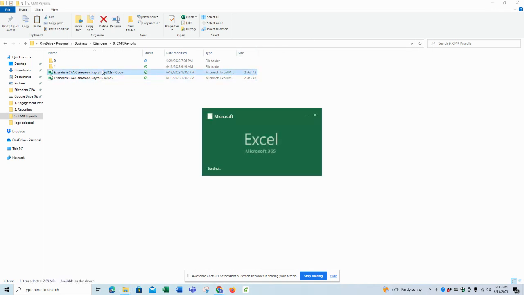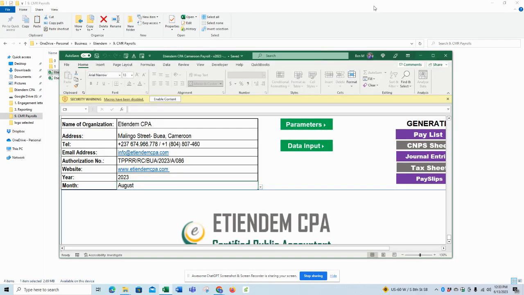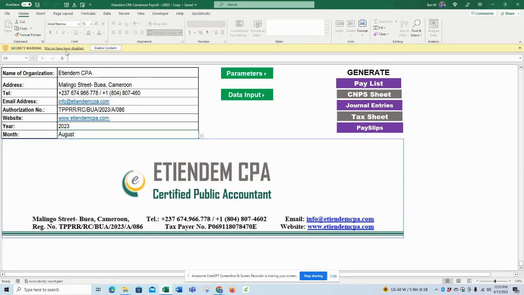So when you download, you double click to open. For the first time that you'll be opening, there will be this security warning for you to enable macro. If you don't have that warning